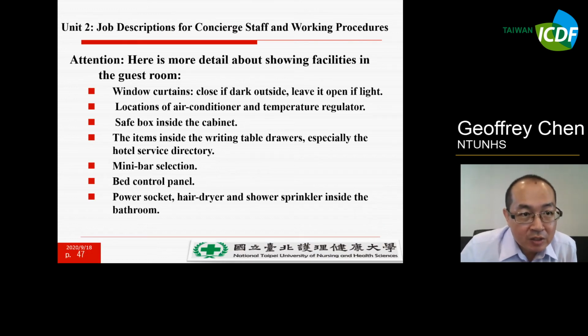The next one is about the job description for concierge staff and working procedures. And here we should pay attention.